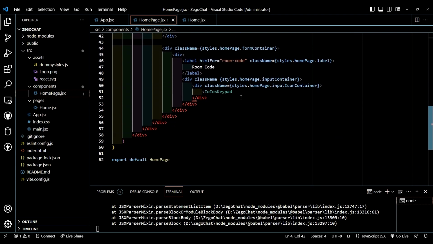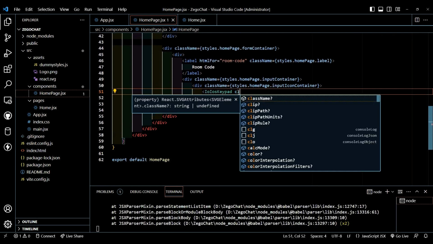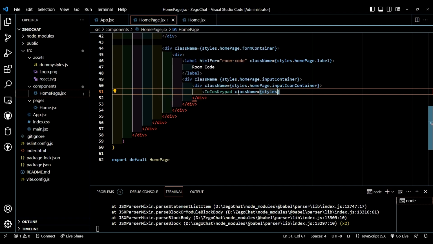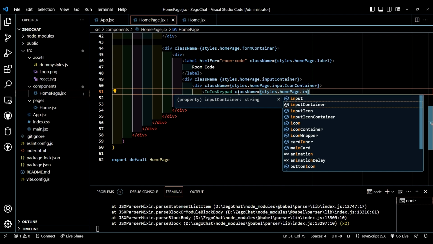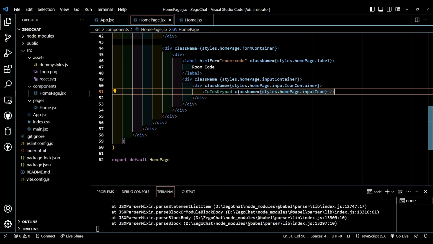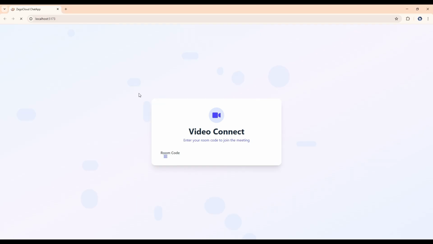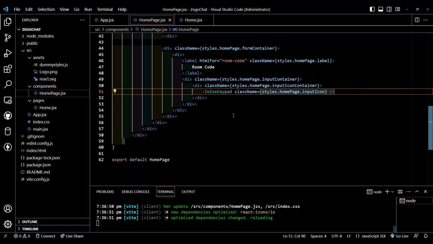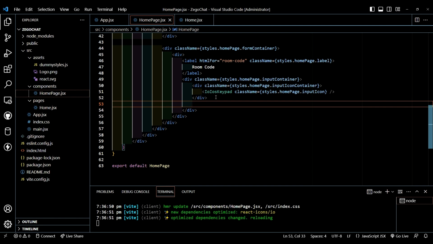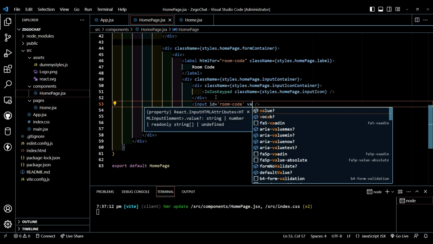So now here give class name to the icon, that is styles.homepage.input icon. So now our room code and an icon is present here. Then after this div, create an input tag, type will be removed, give ID to this, that is room code, then value will be value,